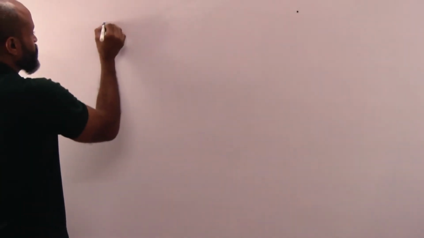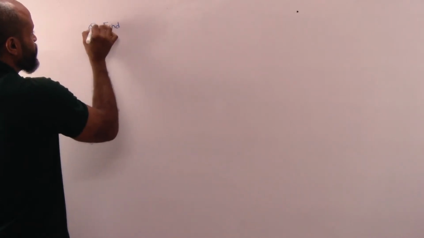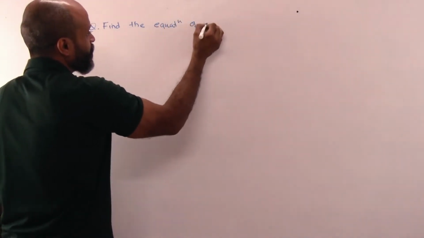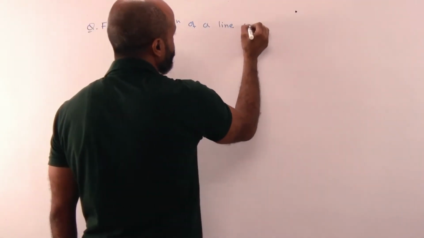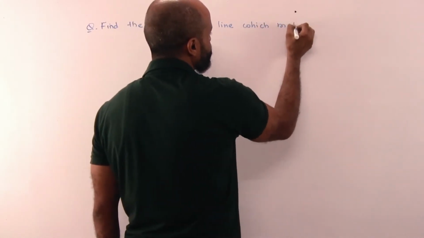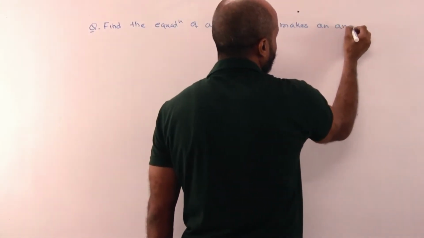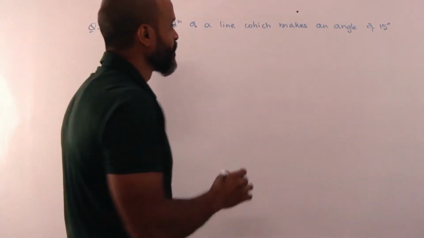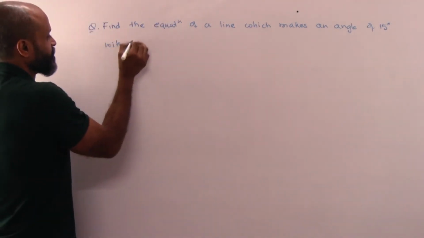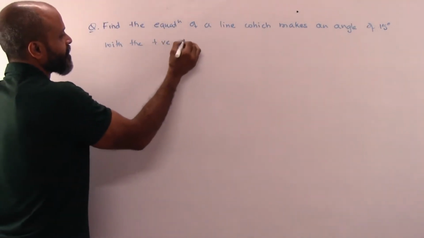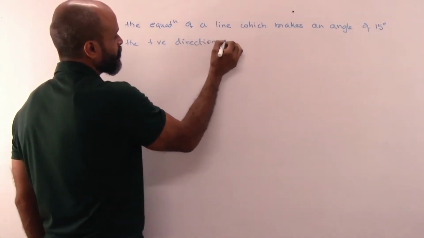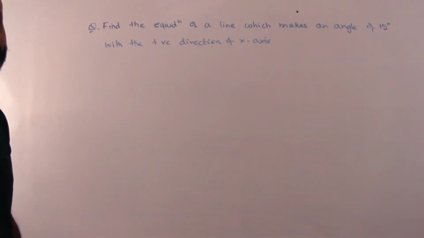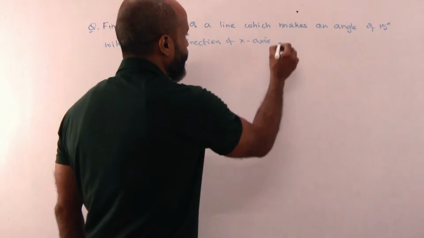Let's say the first question that comes your way is: find the equation of a line which makes an angle of 15 degrees with the positive direction of x-axis,